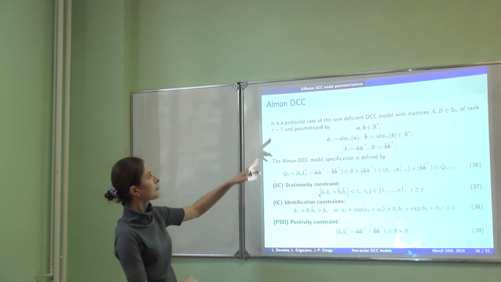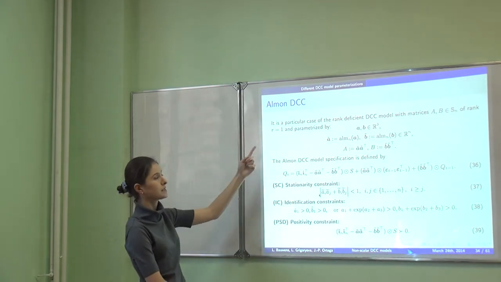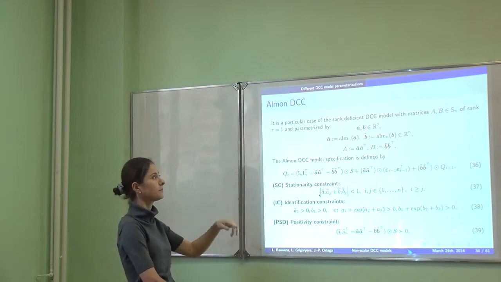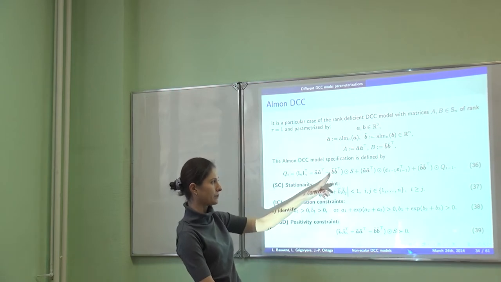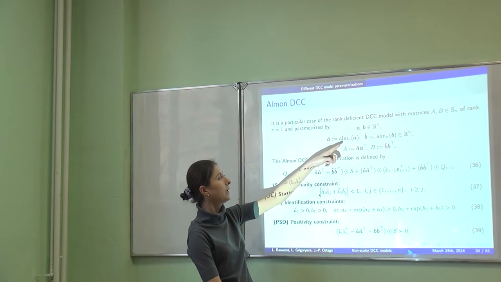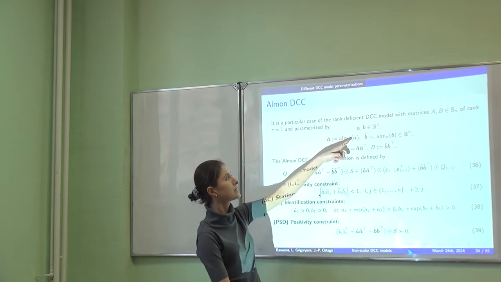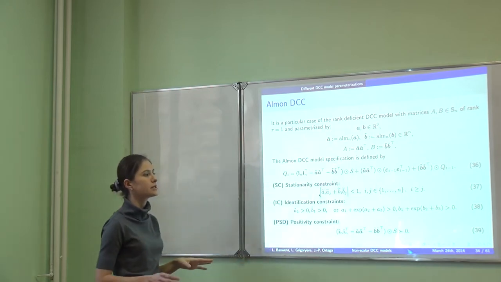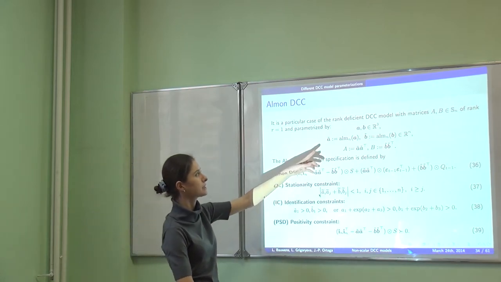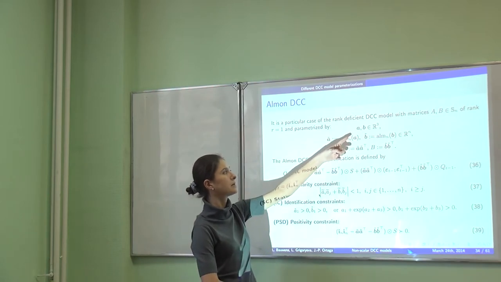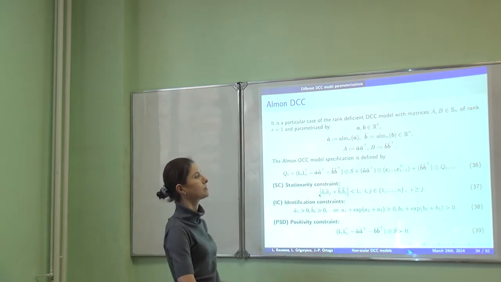So what we assume in this model is that our matrices are of rank 1. So this is a particular case of our rank deficient 1 models. And we write down these A tilde and B tilde vectors as you have here. We write them down as the result of the action of the operator Almon on just vectors in R3. Because Almon functions always take 3 arguments and give us the value. So in this case, what we need is just 3 parameters in order to parameterize the whole parameter matrices big A and big B that we have in our DCC models.